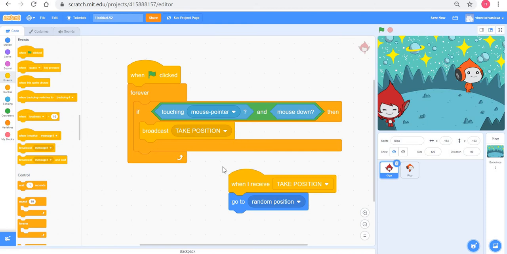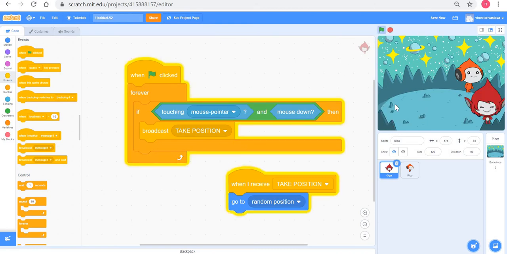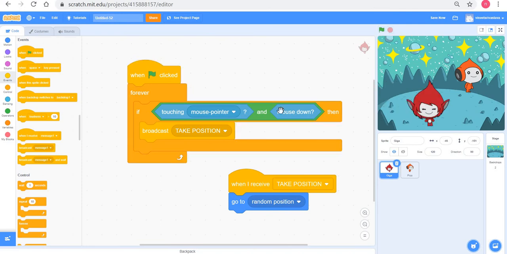This particular thing will still work as earlier. Whenever I click, Giga is going to a new position, because a broadcast message is being generated and Giga is tuned to receive that broadcast message called take position, and it goes to a random position.